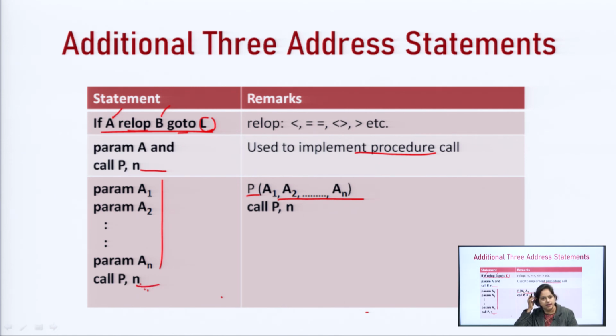We do this redundancy just for convenience, to know at this line how many parameters are there in procedure P. So, these are some additional 3 address statements, for conditional statements, procedures or go to statements, where not every statement uses 3 addresses. This is how we write 3 address code for different forms of statements in a program.